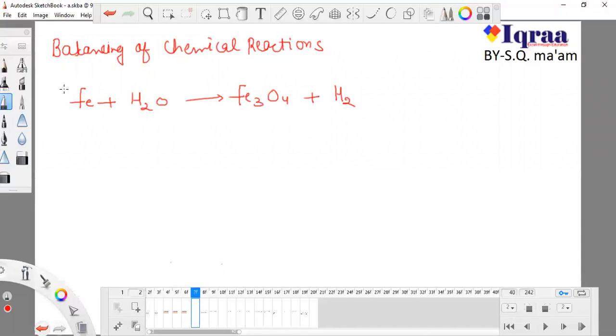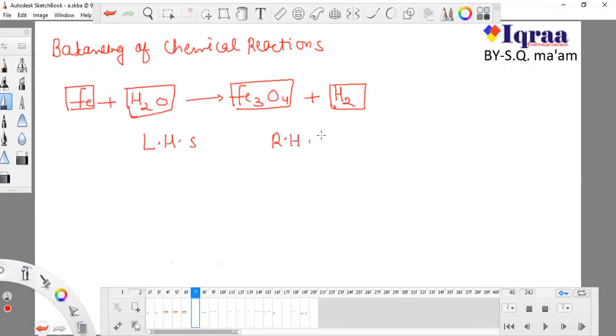So we studied one thing: make boxes and don't do anything inside the box, which is the formula given to us. You can do anything outside the box, at the left side of the box. After that I told you to write two sides, known as LHS and RHS, and write the name of the substance, that is, the element.